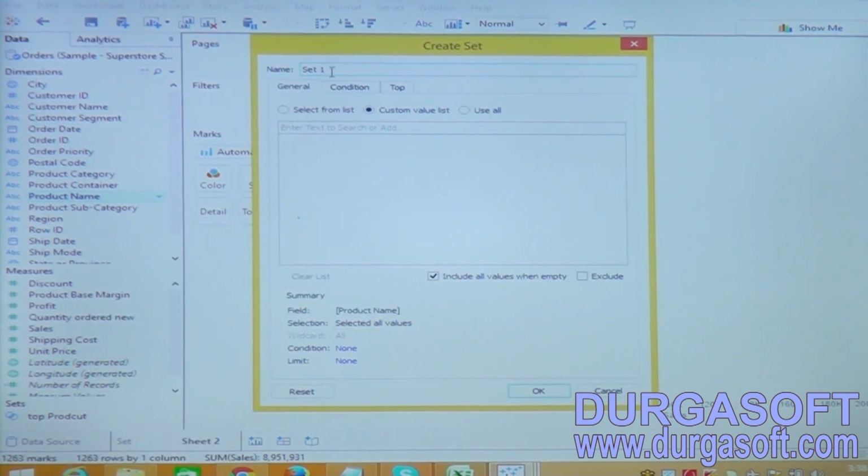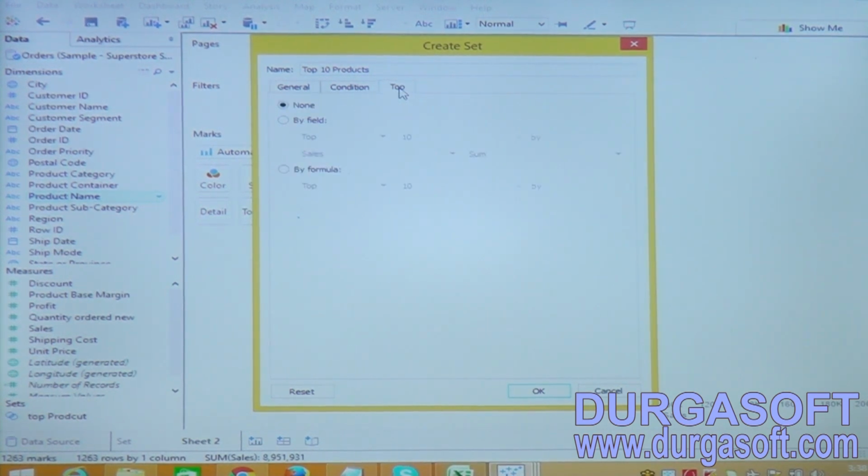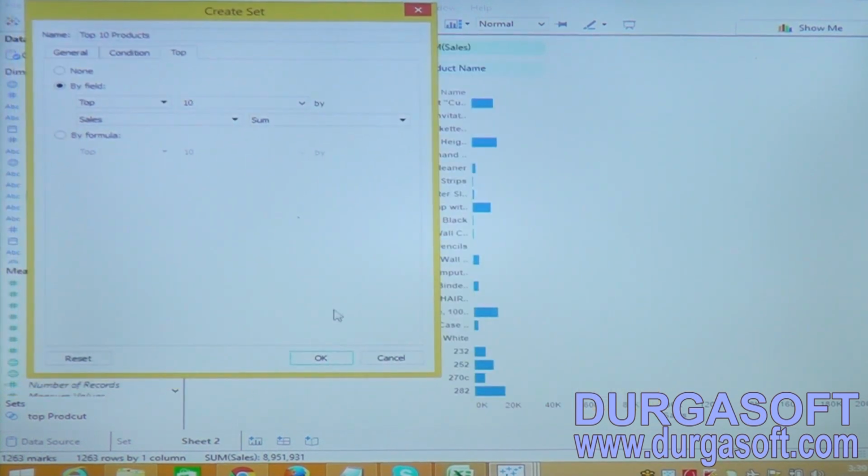Now if I want to create a top 10 product, go to use all, select use all, and now click on the top tab, go to by field. Now we have top 10 sales by product. Now click on this, and automatically this top 10 will be under the set.